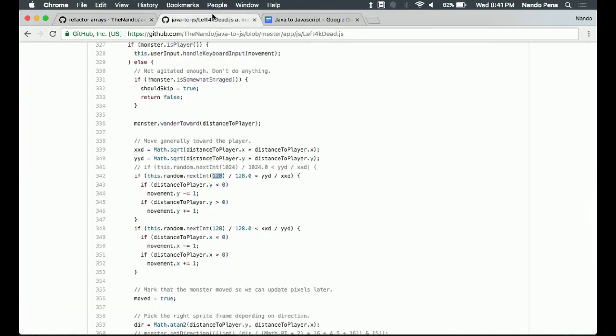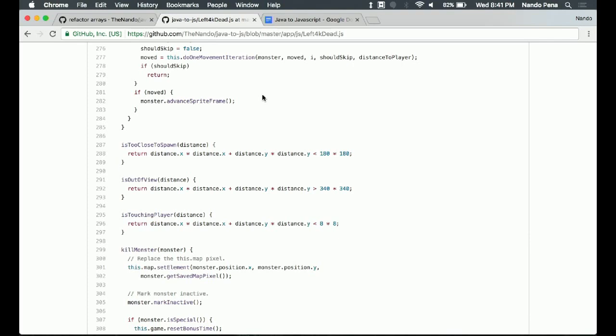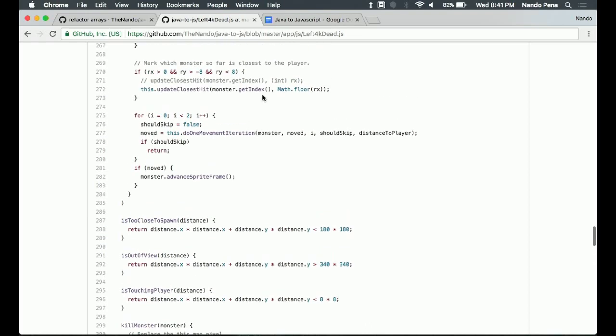There's still a handful of things that need to happen, namely with setting up the canvas, and then we're doing all these calculations to throw all these numbers into all these arrays. The last step would be taking those arrays that are populated and then actually displaying them to the screen so you can see what everything looks like and actually play the game. And so that's the next step. And then the final step is rewriting all of the event handling, so I can add in the JavaScript event handlers to get the mouse and keyboard, because right now they're all using names for Java instead of JavaScript, and that of course doesn't work.